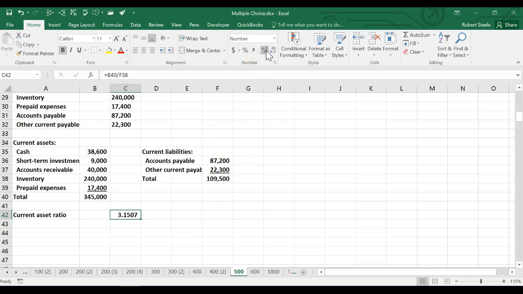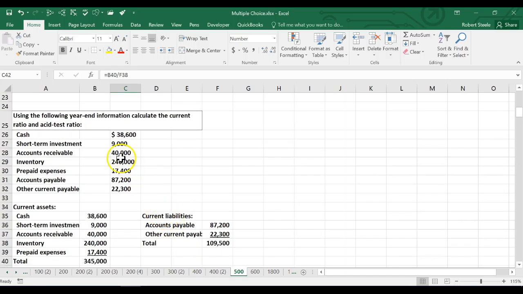3.15, it's a little bit longer than that, but we're going to round it to 3.15, which Excel will do automatically like so. Okay, so then the quick ratio or the acid test ratio is the next one we're going to have. They call it the acid test ratio. And it's a similar ratio, but it's going to be more restrictive in terms of the assets,